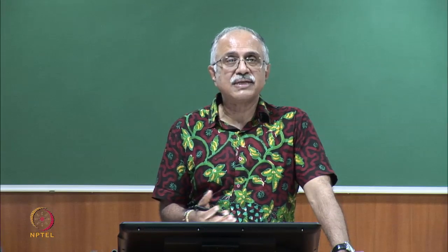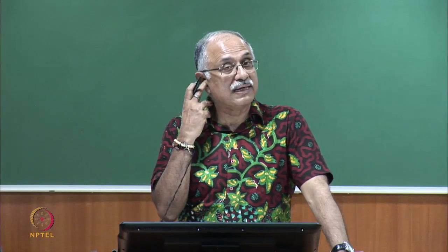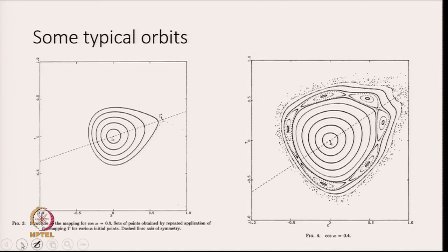This dynamics is very interesting and very similar to the Henon-Heiles surface of section that we saw for different values of alpha. So, here is the case where cosine of alpha is equal to 0.8, and you find that all the points in this region are lying on smooth closed curves, very much like the torus motion that we had in integrable systems. The mapping is not integrable by any stretch because there you can see that there are orbits that move away, but certainly you can see the image of toroidal motion over here.